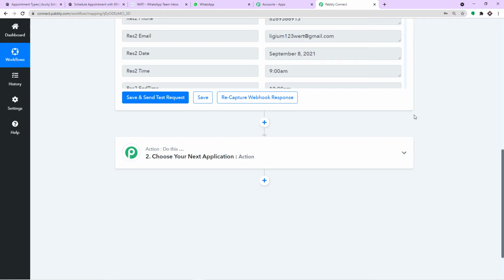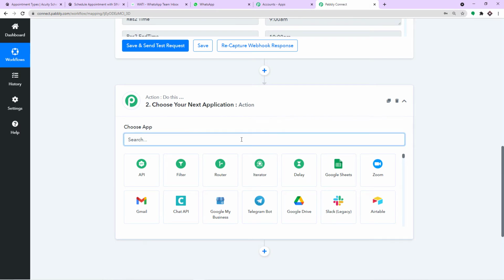Now this is something we have dealt with earlier. Wati is a software that will be used to send the WhatsApp message. Now the reason why we are not sending the WhatsApp message directly is because WhatsApp API is limited. So that is why we are using this software called Wati to send the WhatsApp message.